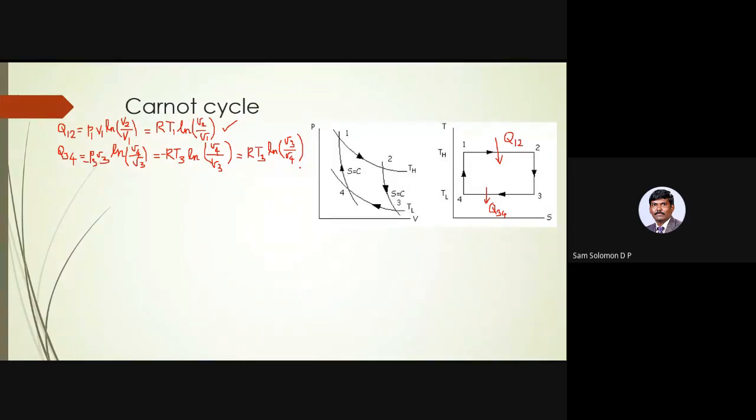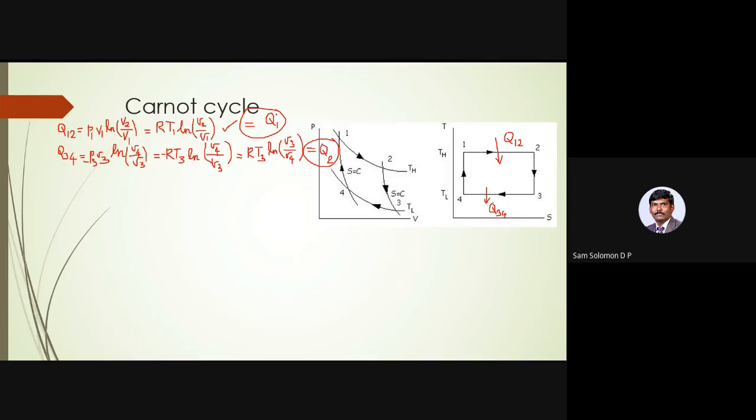Okay, so this is your expression for Q34. Because it is heat rejection, you need to have a negative sign before it. Okay, so if you look at the textbook, they would straight away give this as RT3 ln of V3 by V4. Okay, they won't give any explanation. If you look at Mahesham Ratu, he has simply given this as RT3 ln of V3 by V4. Okay, so now this is according to the line diagram which we had drawn yesterday. This is the heat supplied Q1 and this is the heat rejection Q2 according to the line diagram. Okay, when I say Q1 equal to Q2, this is according to the line diagram which we drew yesterday. Hope you remember that.